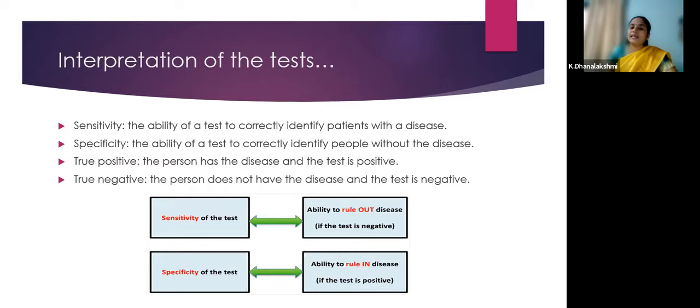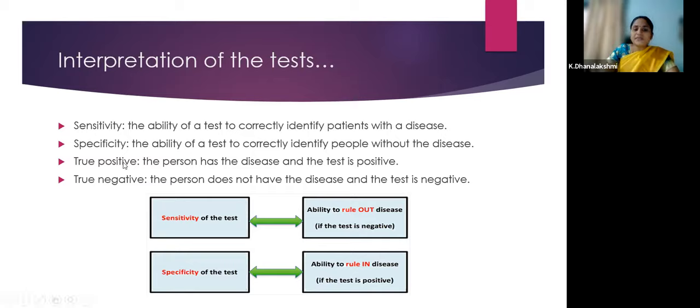So before applying any rapid test, we should know what the sensitivity and specificity are. Even for rapid diagnosis of typhoid, there are so many kits available, and the sensitivity and specificity of each kit varies with the manufacturer. So when ordering the test, we should know the sensitivity and the specificity of the particular test we are ordering. Without knowing that, there is no point in ordering the test.